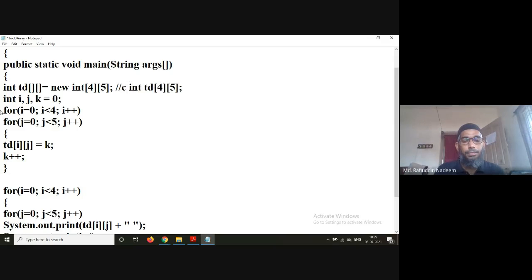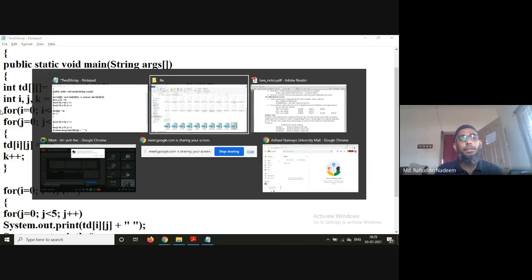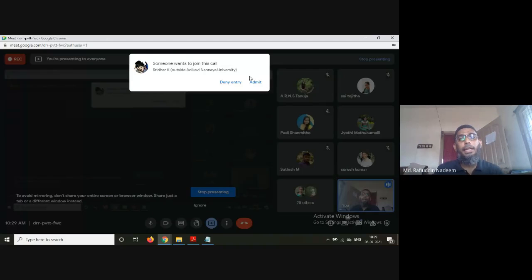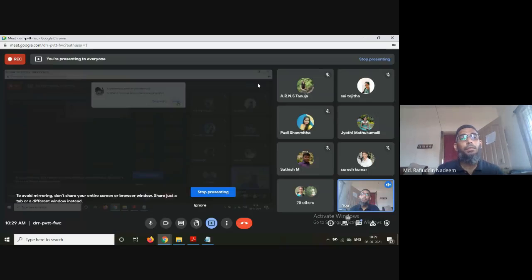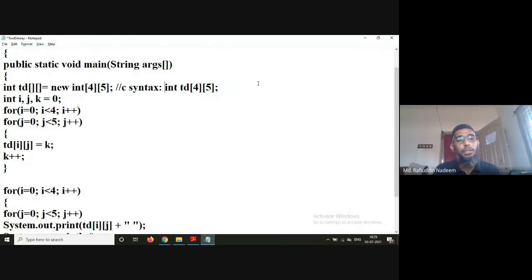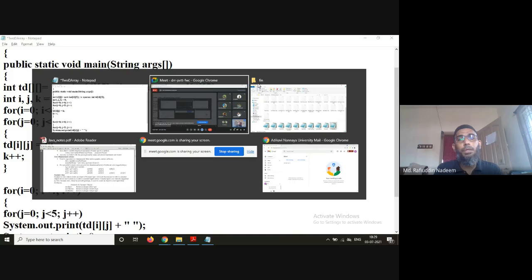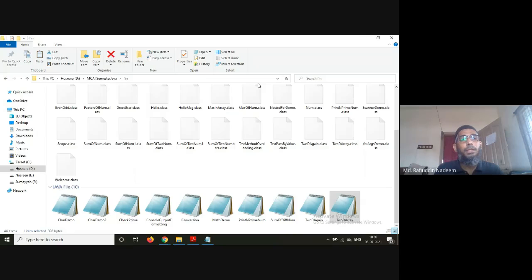This is C syntax. But in Java, you have to use the new operator to declare the array. Once it is declared, the rest of the usage is the same as we have done in C. Let me execute the program and show you what is done here.